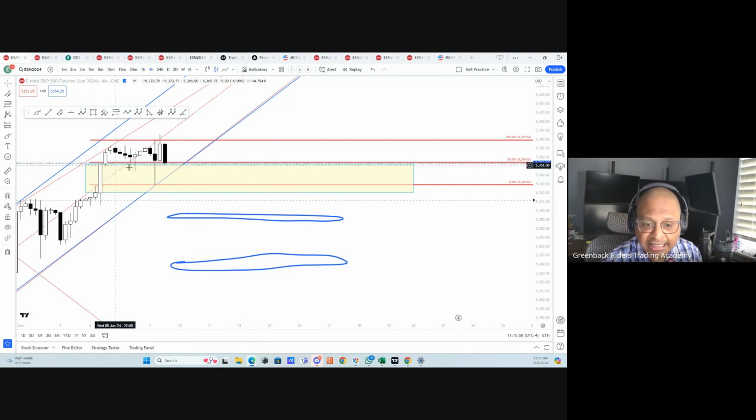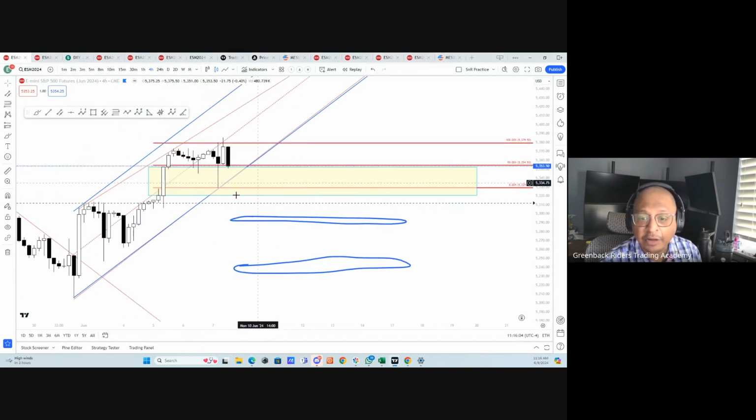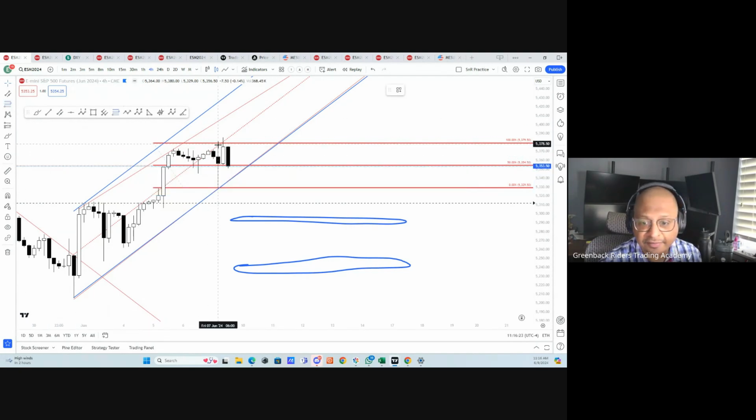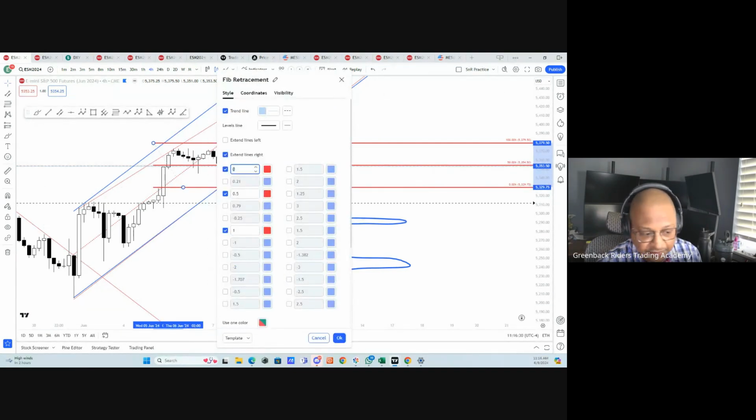Okay, so what happens is, if you are looking at it here, see, it came to the balance zone and, sorry, this is the gap, and it is getting support in the gap. Now the idea here was that we are bullish, we have come to the bottom of the trading range, this is the top of the trading range, and we know that on the lower 1/3 of the range you have your buyers, and on the upper 1/3 of the range you have your sellers, correct? So if I remove this now and I draw my fib here on this chart,